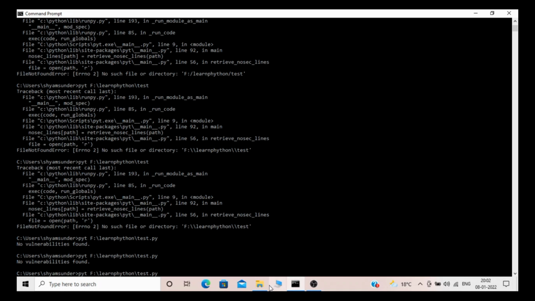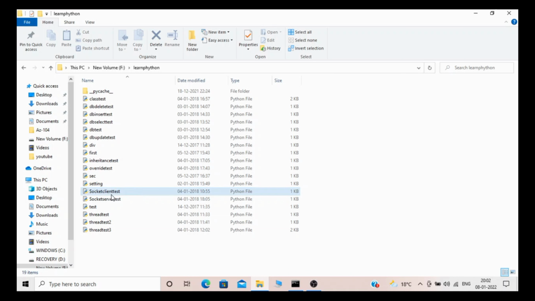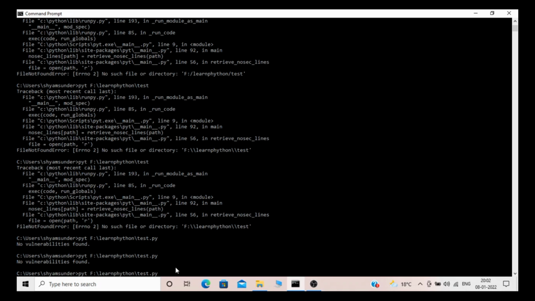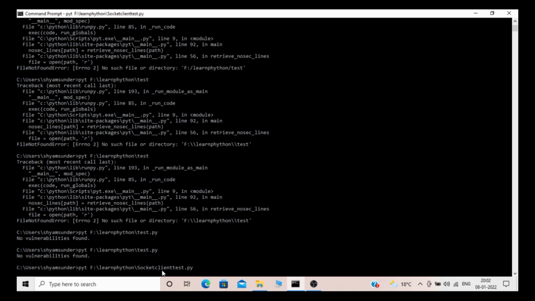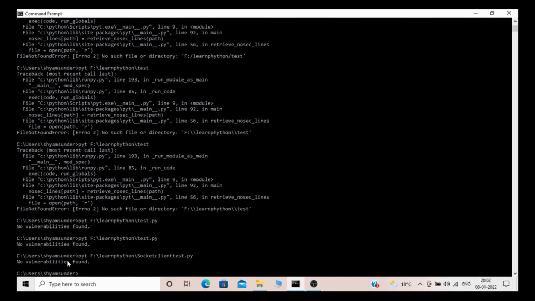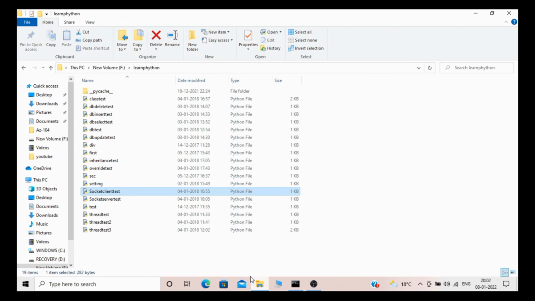Let me try with another code. Let me copy that name to test the other code also, dot py. No vulnerability found. So inside that there is no threat to the security.